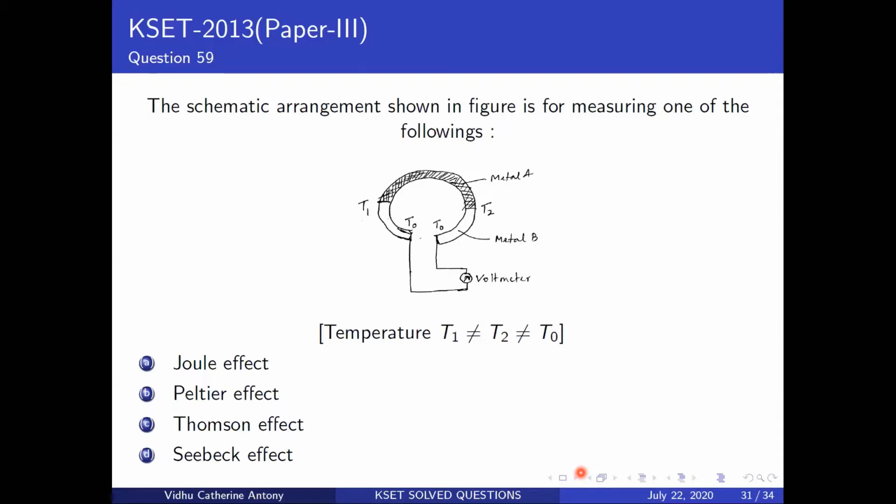So what do you have? Thermal energy and electric energy, so it involves a change from one form to the other. That's your first basic definition of all these effects. Now, based on whether you supply a current or not, the effects are going to differ. And this Peltier effect is extensively used. If you're looking at portable ACs, or at people who go camping and have a mini fridge with them, all of that is based on your Peltier effect.